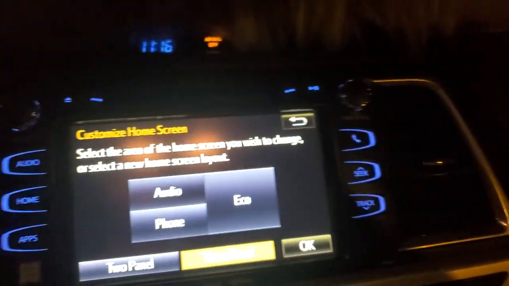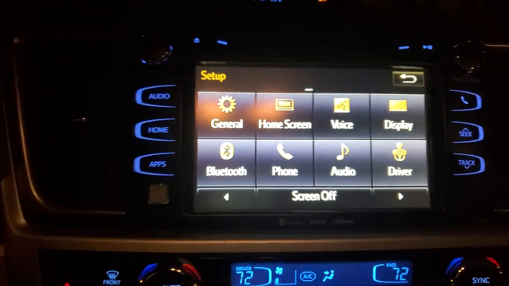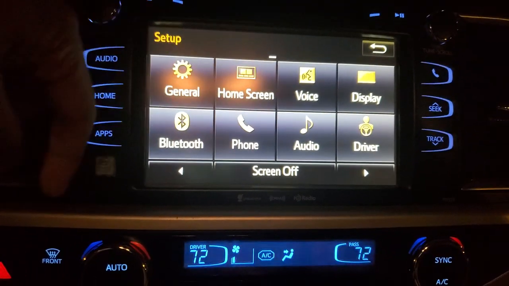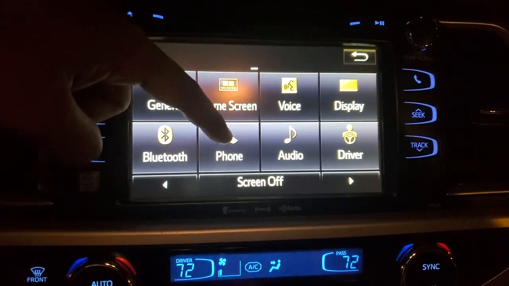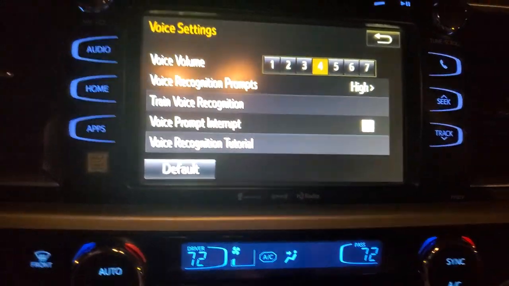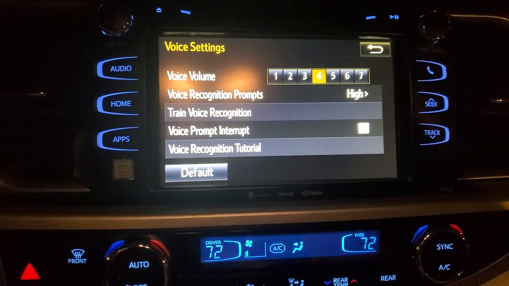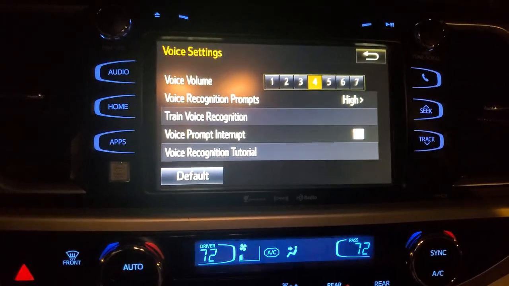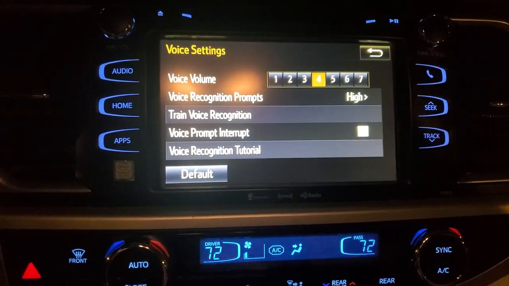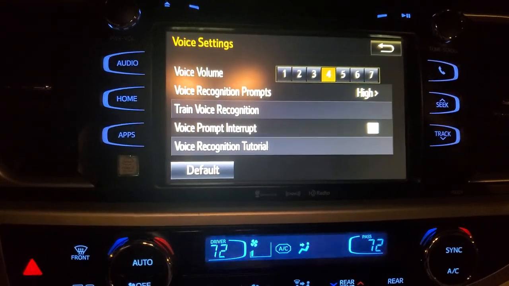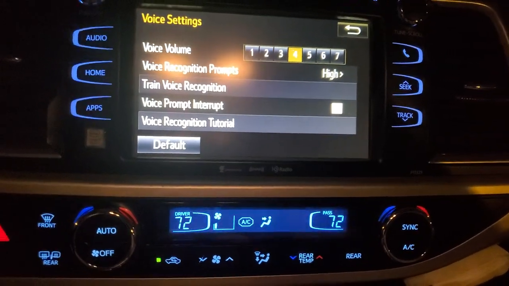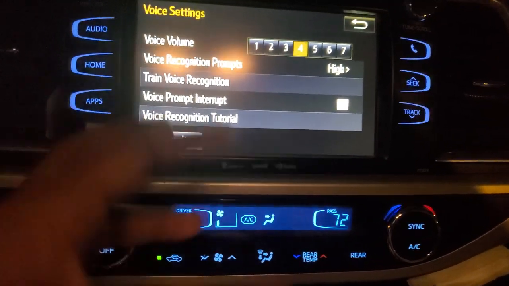So let's go back, and then we have Bluetooth, which you already know how to connect, and then phone we already discussed, and then voice. There is voice recognition in this car. For example, if you say dial any friend contact that you have in your mobile, like dial Thompson, it will dial.